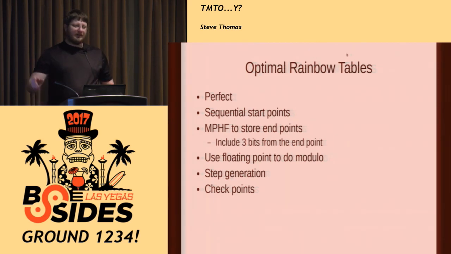Then you have an endpoint. The endpoints will actually collide. You'll have different start points, but the endpoint will be the same for multiple. When you perfect a rainbow table, you remove all the duplicates. So you want sequential start points, because if you were to do random, let's say the key space is 2 to the 50. If you did random, you would need to store 50 bits. But if you did sequentially, you would need, well, 2/3 of that. Anyways,